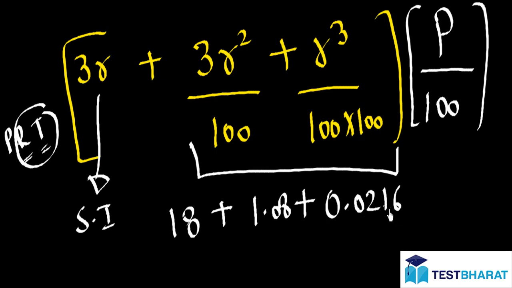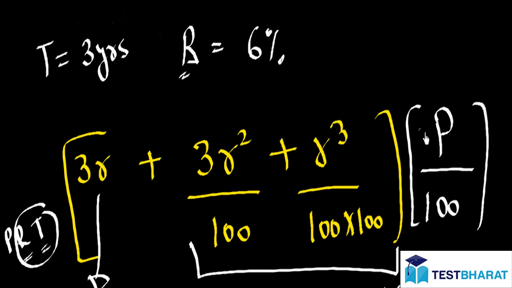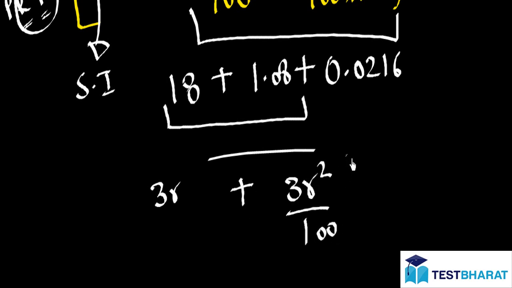If your options are far apart, or not too close, you can just find the answer by looking at these terms. So this term will be just 3R square, and this is 3R. So 3R is your simple interest component. Just add 3R square upon 100 to it, and you will find the approximate answer. So in the exam, to get the approximate answer, what you need to do is multiply it with the interest rate. That is also the simple interest part, P into R into T.